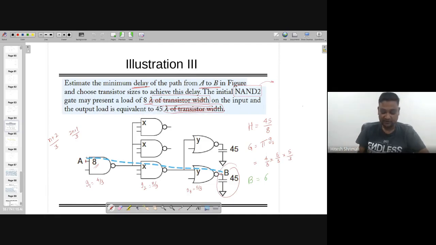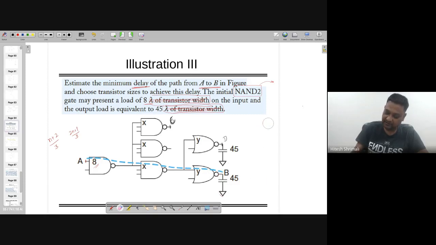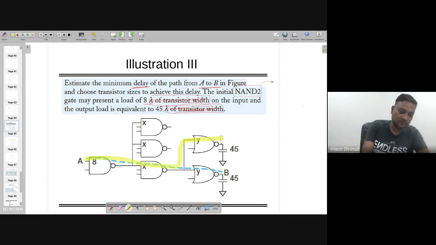But if you are interested in, let's say from A to B, if it is shifted here, or maybe here, let's call them A to C or A to D, then the answer will be different. Let's assume that you might be interested in finding out the delay from path A to path D. Let's say this is D. So I'm interested in path A to D. So in that case,